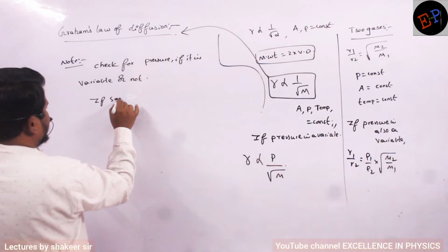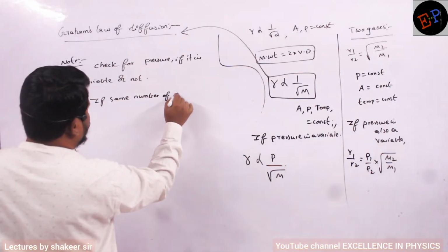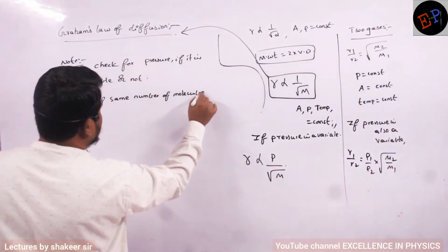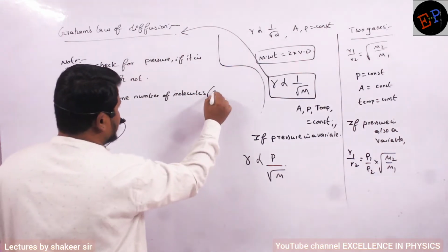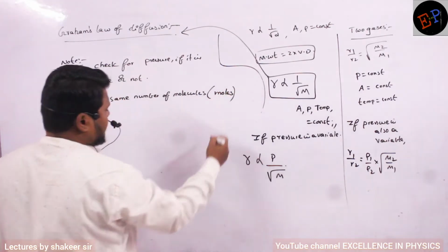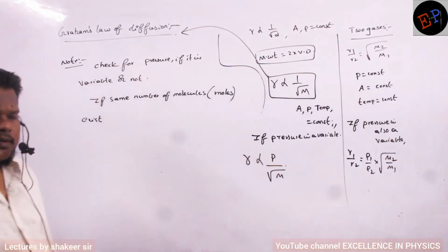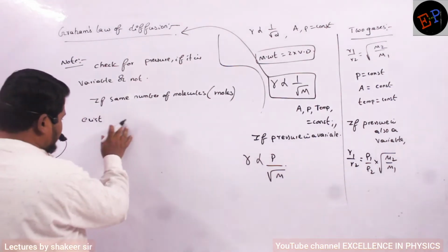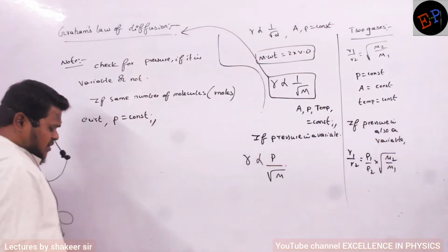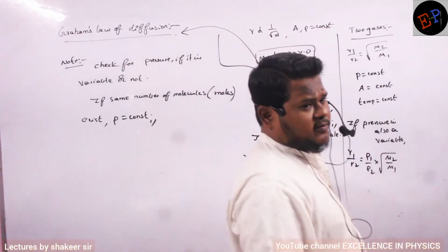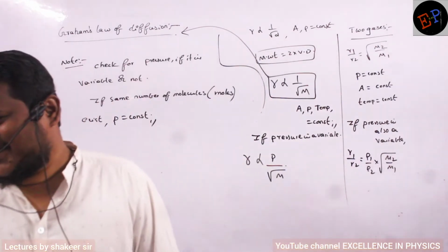If same number of molecules exist, same number of molecules, I can call it as moles also, no? If number of moles are equal, the number of molecules are also equal. So if same number of molecules exist, then pressure is a constant in both the gases. Clear, no? But if number of molecules are not equal, then